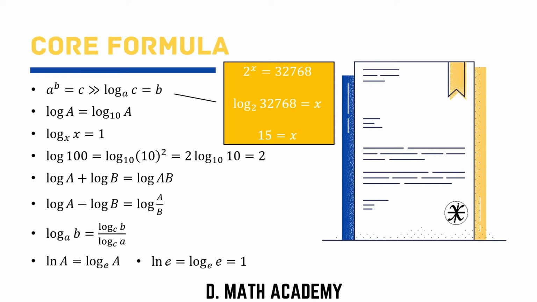Moving on, when we have ln e, you can change it as log with a base of e and the result of e. Since the base and the result are the same, we cancel off and it becomes 1. To top this off, we have this example over here. Log with a base of 10 and result of 5 can be written as log 5,